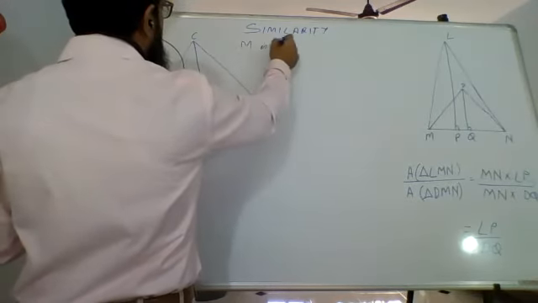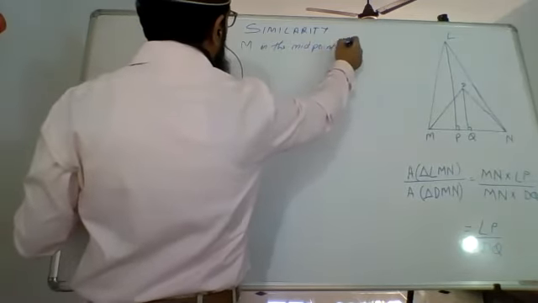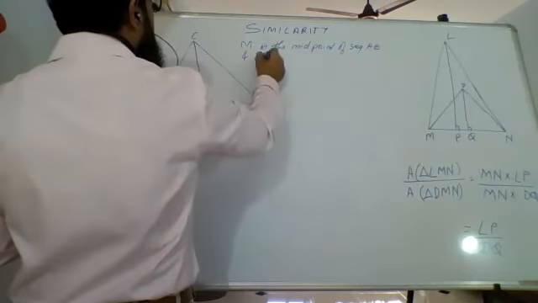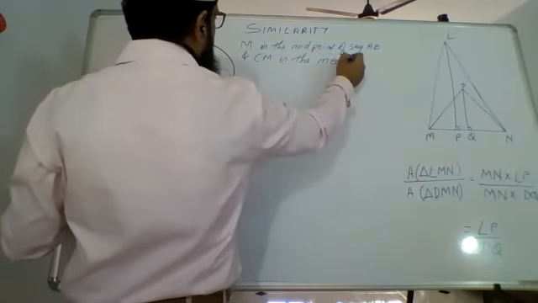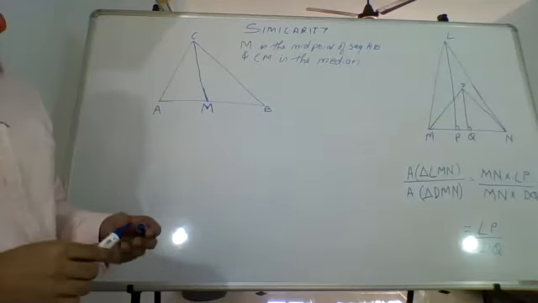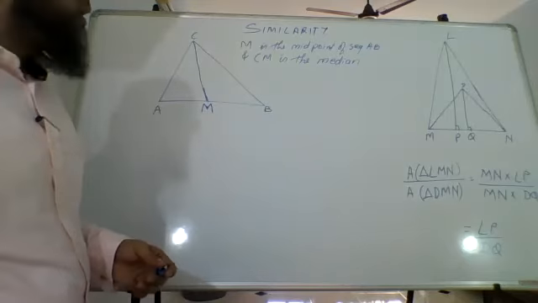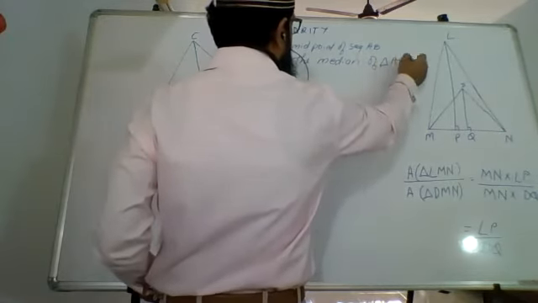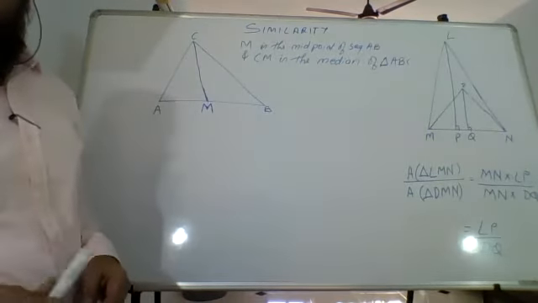M is the midpoint of segment AB, and CM is the median of triangle ABC. Okay, you have to find out